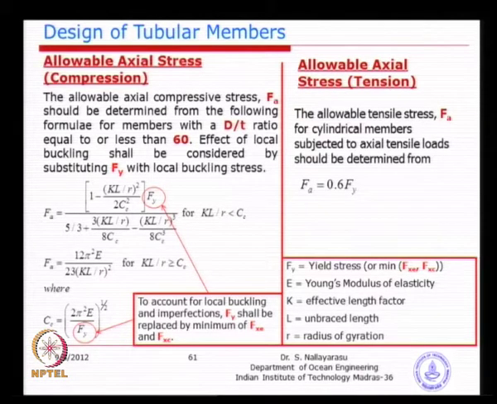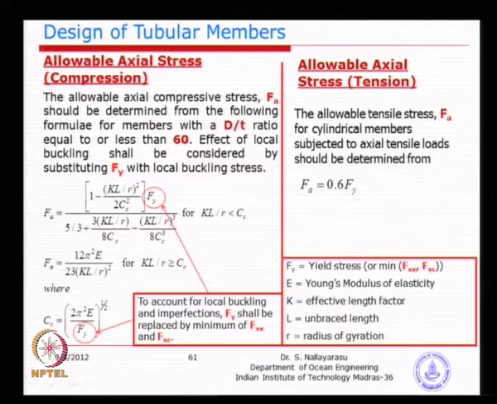Now, you carefully note down this. If I make the KL by R ratio very large, a big number, and substitute here, what will happen? You are going to definitely get a reduction factor, this is basically 1 minus something, isn't it? So, a larger KL by R ratio means you will have a larger number to deduct, that means Fy will be multiplied by a smaller fraction, isn't it?